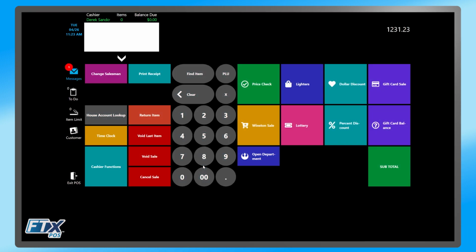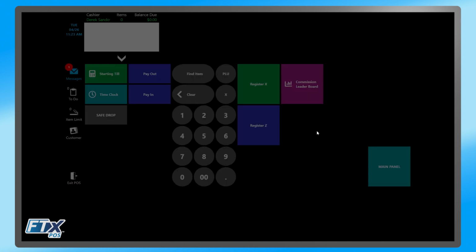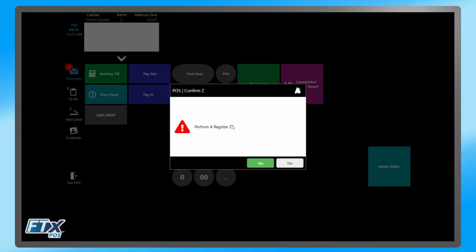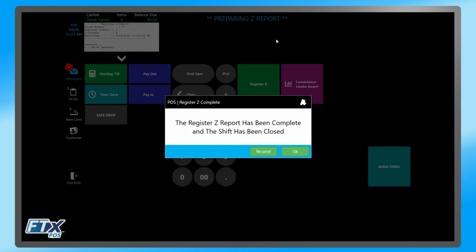Today we're going to go over the shift reconciliation process with FTx POS. When you're closing out your shift, you click Cashier Functions on your POS and then register Z. It'll prompt you with, "Are you sure you want to do this?" When you hit yes, the Z tape will print out from the receipt printer listing all the sum totals of